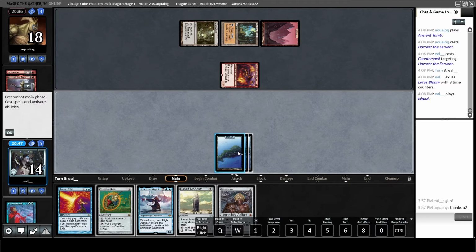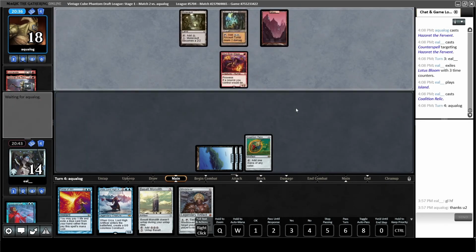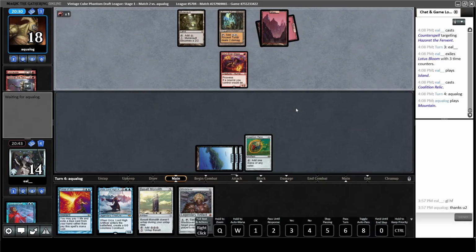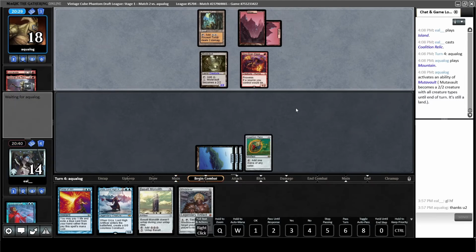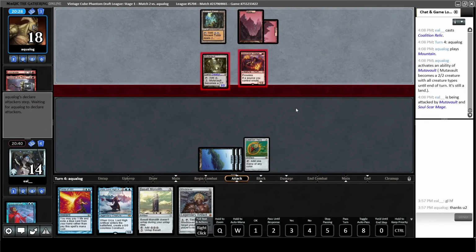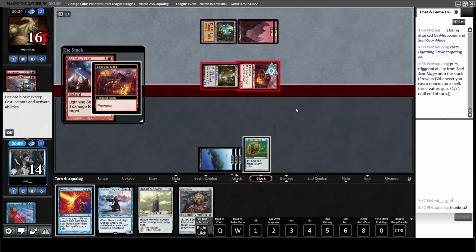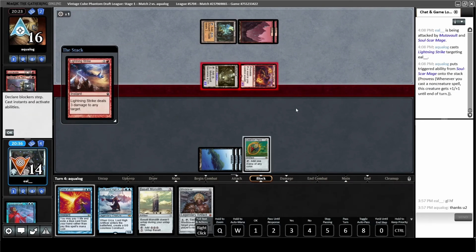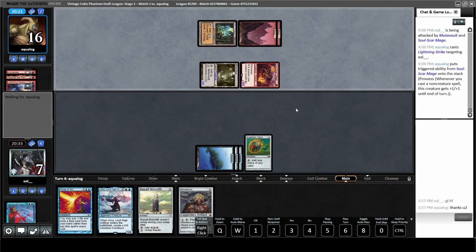Basalt Monolith would let us cast Mindslaver next turn. I'd rather just play Coalition Relic. Coalition Relic is less obtrusive. I really don't want to Force of Will and lose Urza, but I will if I have to. If they play Sulfuric Vortex, that might be worth it. Yeah. Okay, it looks like they're just on the Mutavault plan, which is where we want to be, so that's cool. We take 3, which is not a lot. What is this? Burn Spell? I don't think I can force that. I don't think so. I go down to 7, which is not super high,